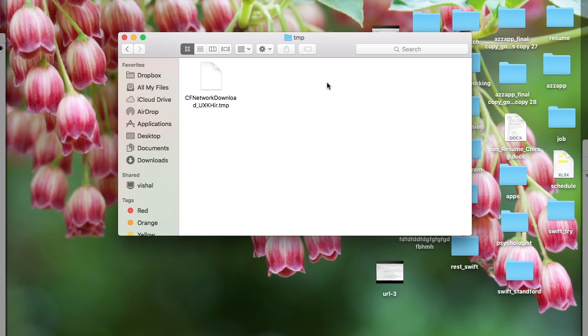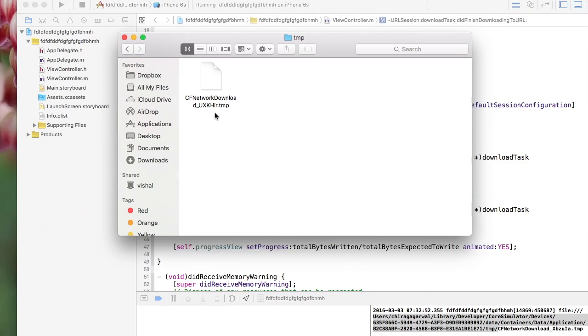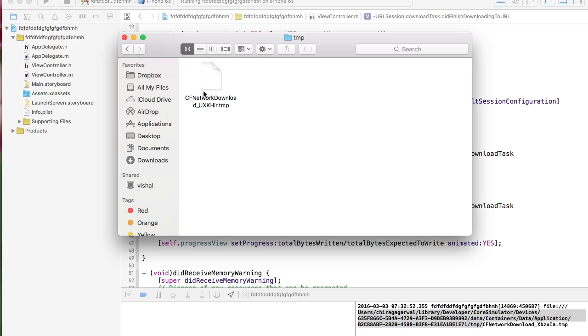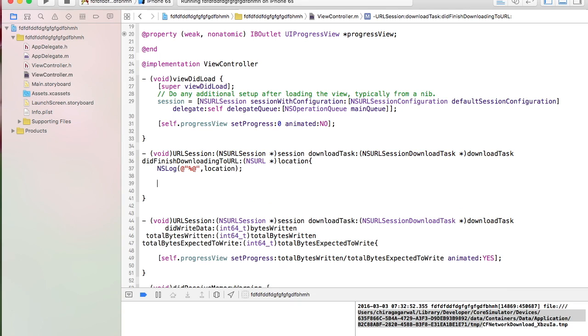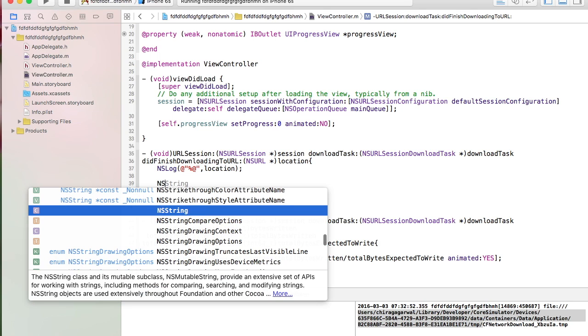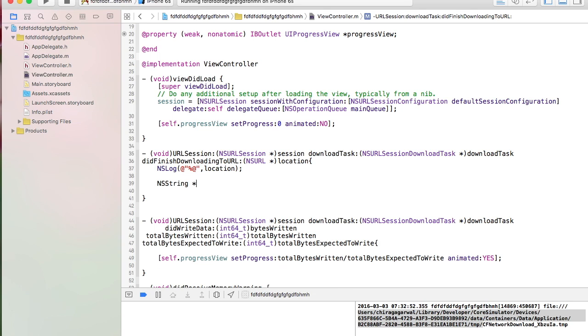So guys, this is the file which has been downloaded in the simulator. This is a video, right? Now we have to save it to our photos album. To save it to the photos album, you have to first copy it to our documents folder. So you first have to make the documents folder,